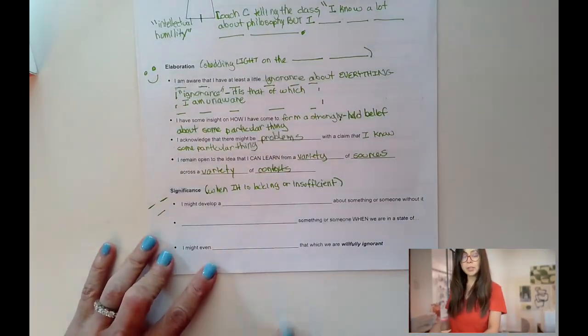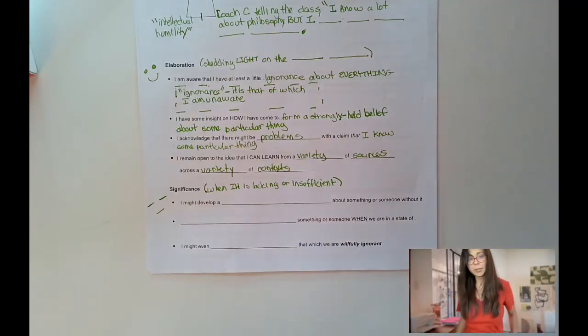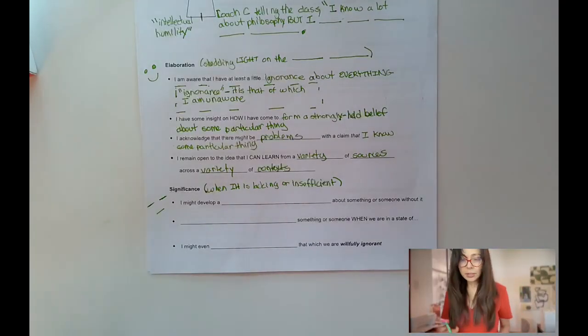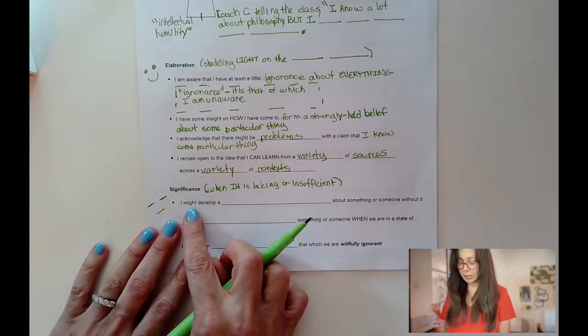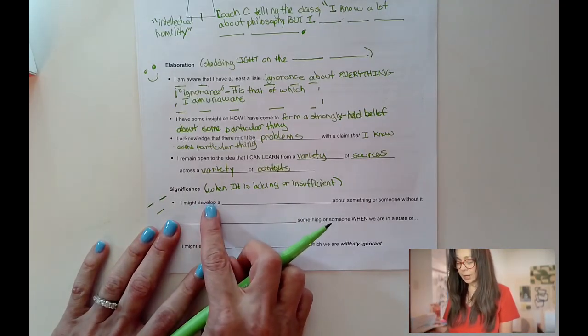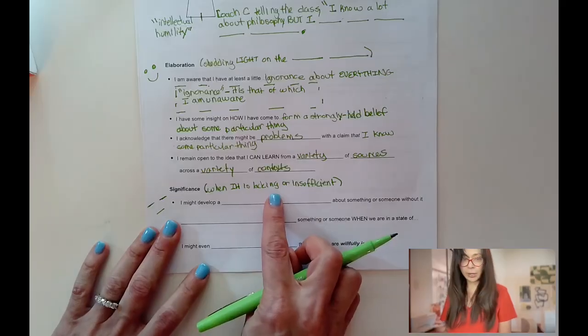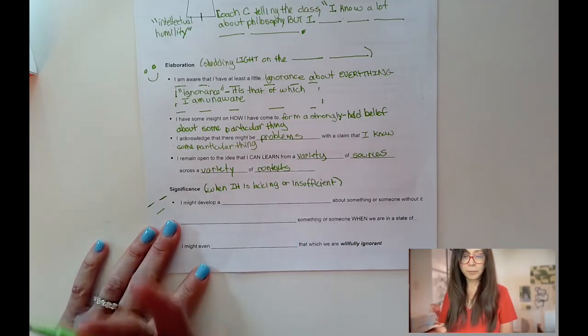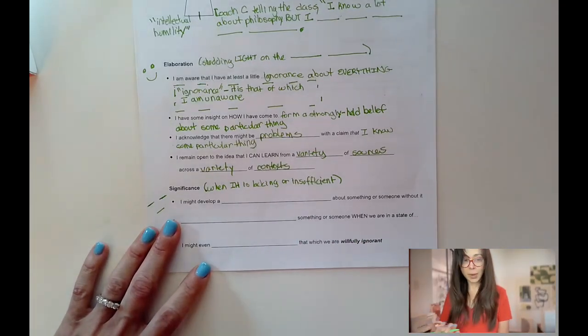So let's go through these I statements and think about the extent to which this might be true of you in some way. So the idea here is that the significance of lacking intellectual humility, or having insufficient, not enough, being too limited in that which makes one intellectually humble, is that, and I'm going to use the statement,